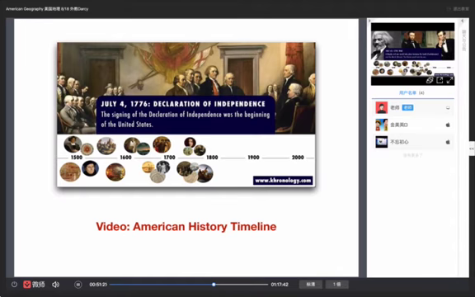So Frederick Douglass was an educated and emancipated slave. Basically, he was set free by his master, so to speak, and he was very well educated, and he wrote